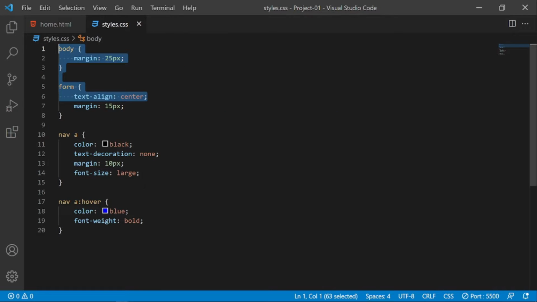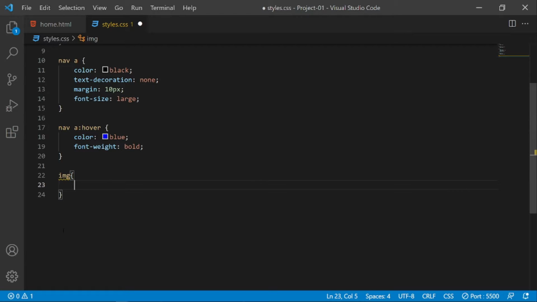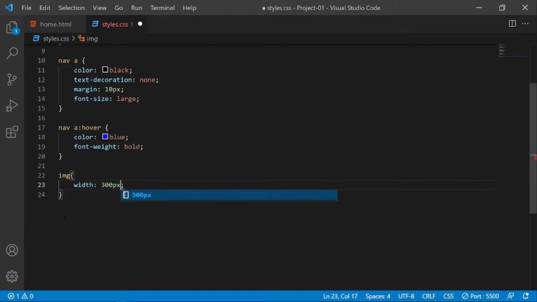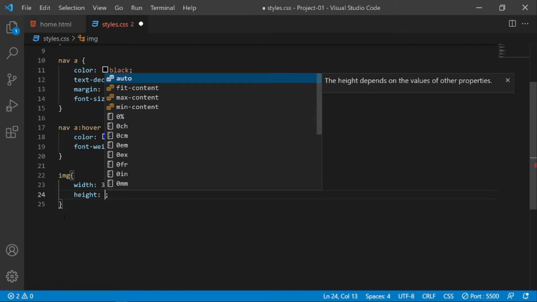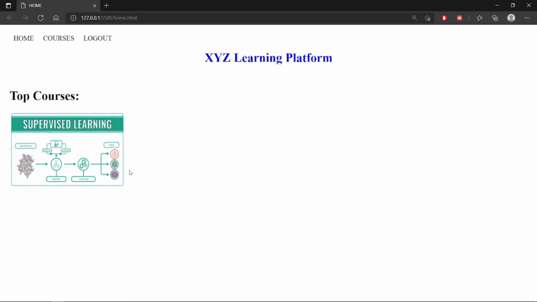We'll go to the styles and we'll select the image tag, and what we're gonna do is we'll make width as 300 pixels, as well as we'll make the height as 200 pixels. It will be looking good. We'll save it. Okay, now it is looking good, but below this we want the course title as well as